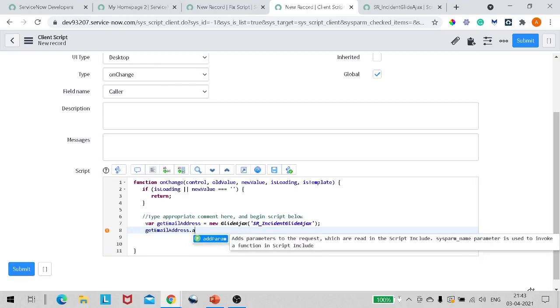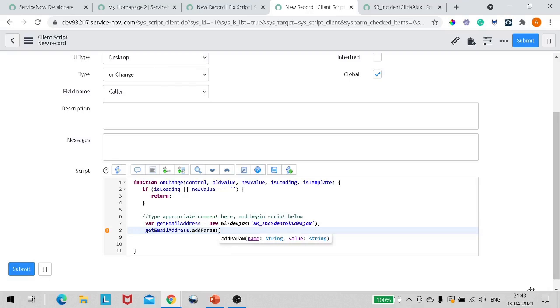Keep in mind, now we have to add param. The first definition is quite straightforward, we have to pass sysparam_name. Keep one thing in mind, most of the people make this mistake. Here it's param, but when we are defining the attribute, it is sysparam param. This is a difference.